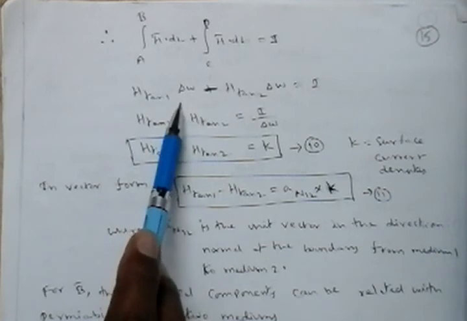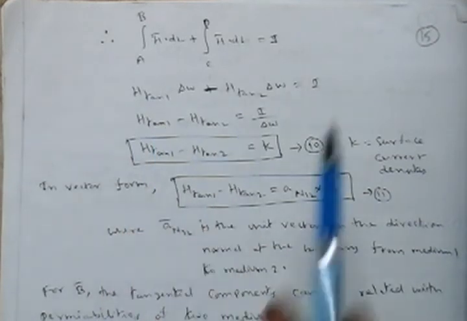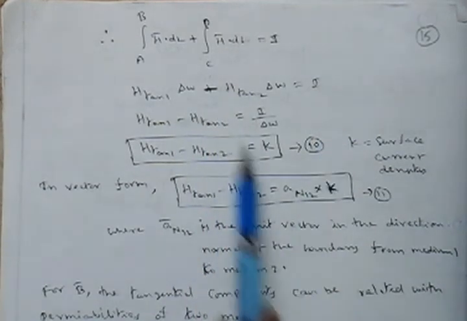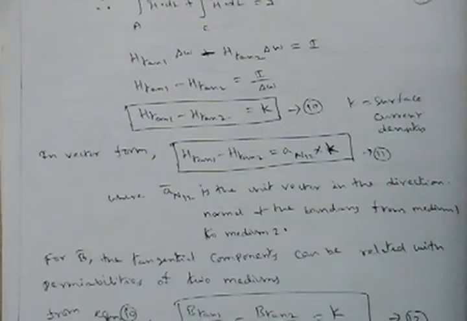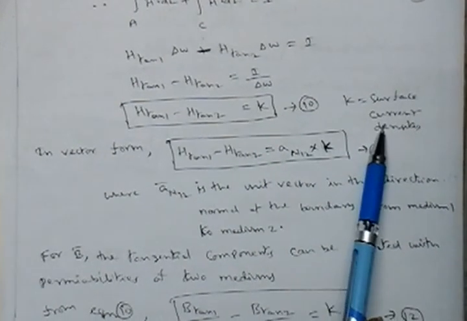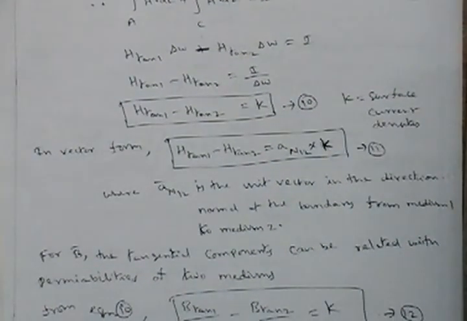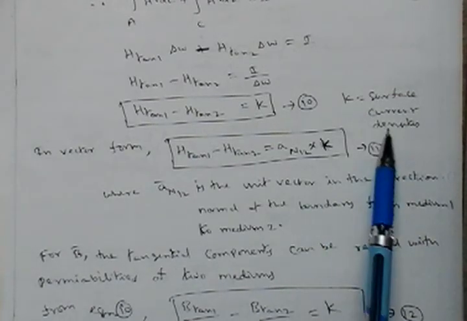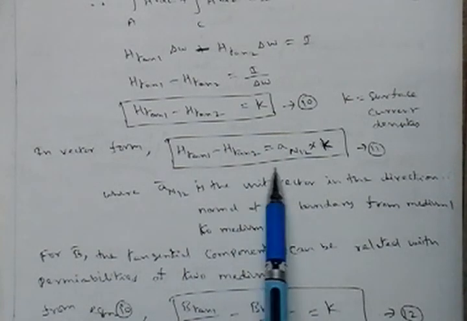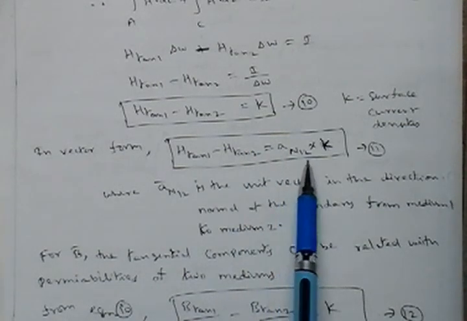The integration of dl is equal to delta W. Similarly CD is below the reference line, so minus h tan 2 delta W is equal to I. If you simplify this, I divided by delta W is called the surface current density, that is the current flowing on the surface of the boundary line, represented by K. So h tan 1 minus h tan 2 is equal to K,